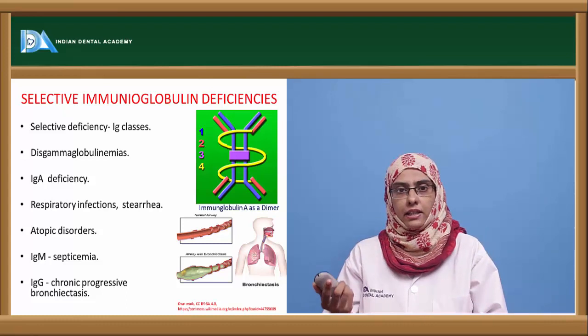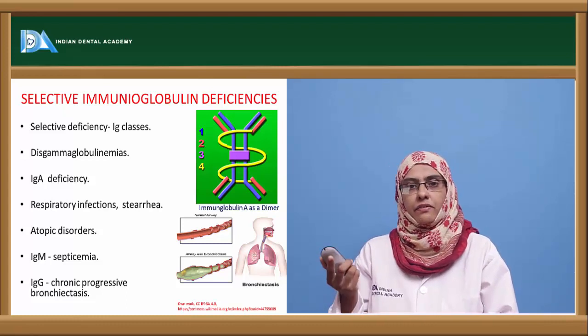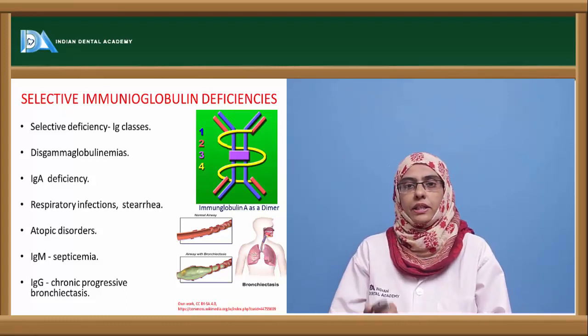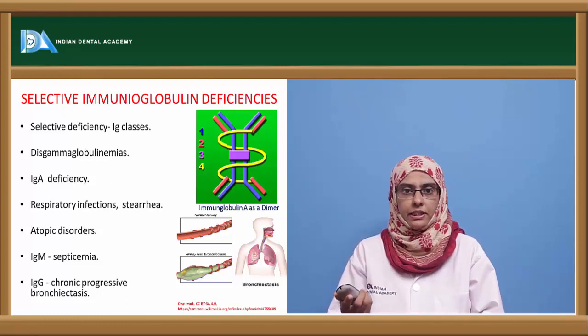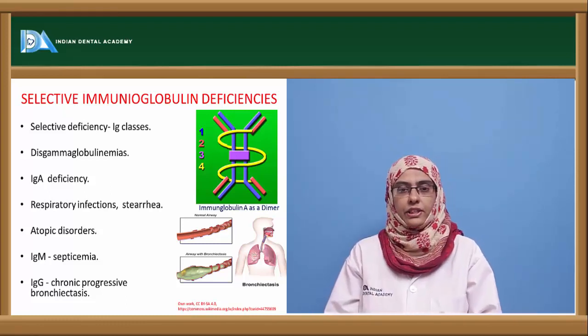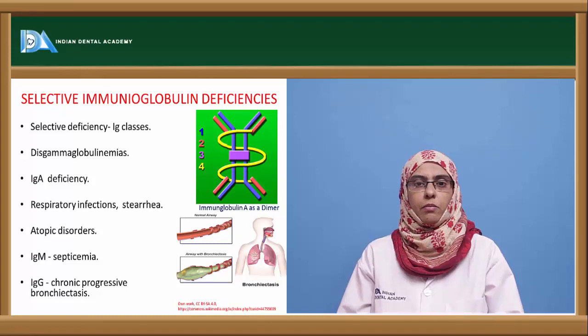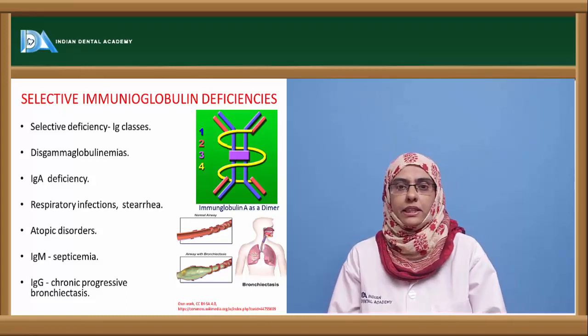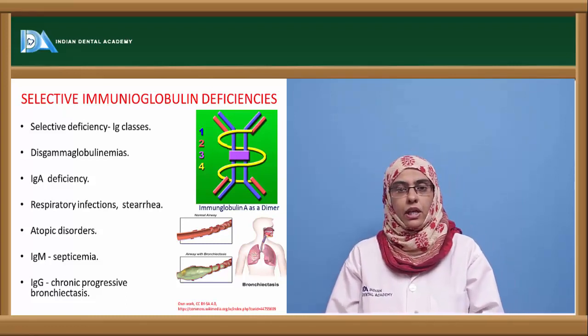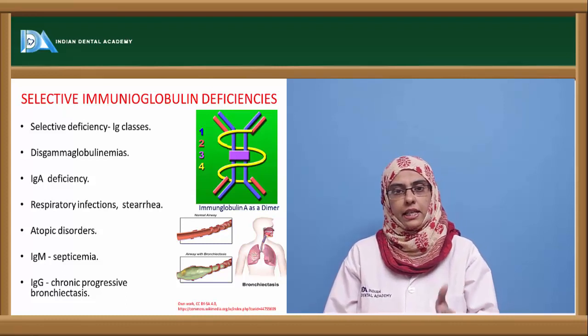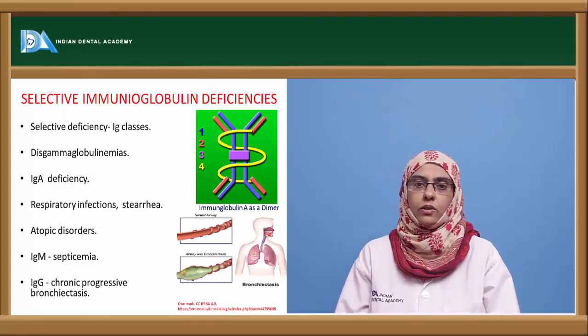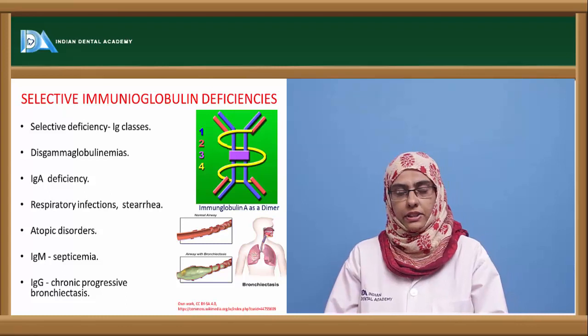So here there is inhibition of the fat absorption in the body. Steatorrhea is the malfunctioning of the fat metabolism in the body. Ultimately, loss of fat can be seen in these patients. So due to the decrease in the IgA, it can lead to steatorrhea, and also atopic disorders which are involved